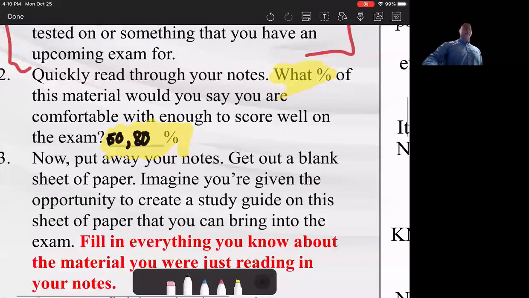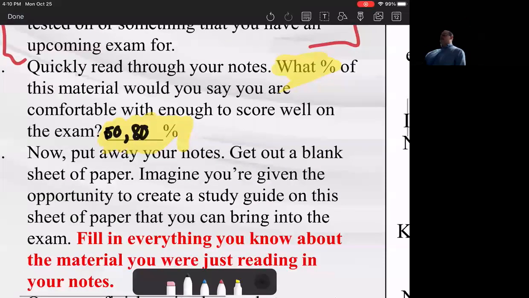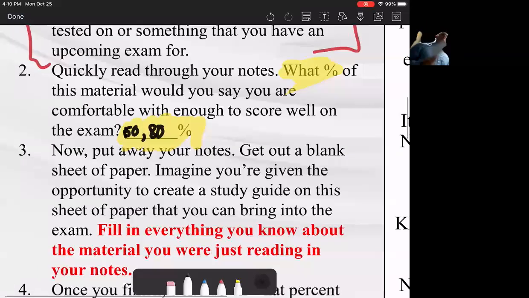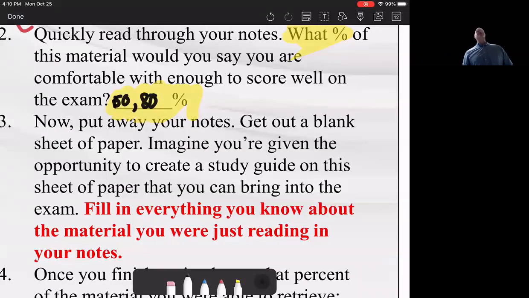Next up, big one. This is the real thing. Put everything away. And if you need a blank sheet, I have one. You have nothing except the notes that you had in your head, right? So that was the section that you read. We were about 75% confident in that stuff, right? And everybody in the recording, you can do the same thing. Whatever percent you had on that section, put all your notes away, get out that blank sheet.